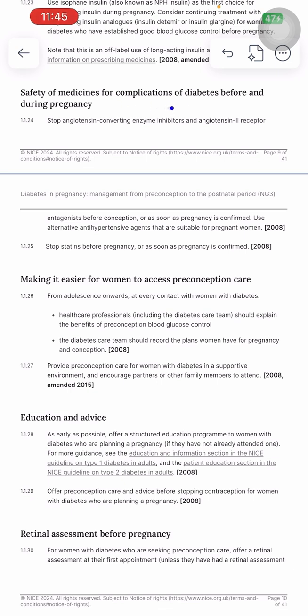Safety of medication for complications of diabetes before and during pregnancy. Stop ACE inhibitor or angiotensin 2 receptor antagonist before conception, or as soon as pregnancy is confirmed. Use alternative antihypertensives that are useful. So if the patient has diabetes along with nephropathy, or is developing hypertension, and is taking an ACE inhibitor or angiotensin 2 receptor antagonist, you have to stop it in collaboration with the